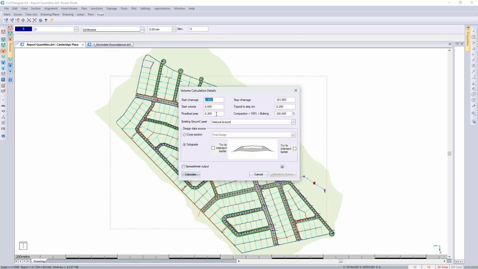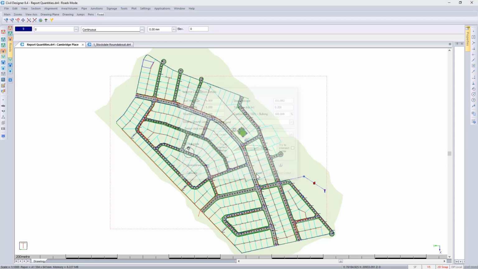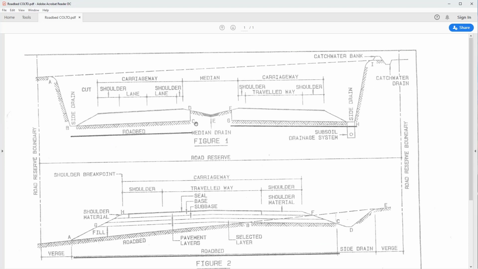And then looking at the Colto spec, I'm just going to cancel this and open up the Colto example. This will be applied to dual as well as single carriageway roads. Looking at the single carriageway road on the right-hand side over here, when the layer works of your road falls below the ground line, then we use the layer work line to determine your roadbed. Looking on the left-hand side, whenever the ground line is beneath the layer works, we use the ground line to determine your roadbed. Returning back to Civil Designer